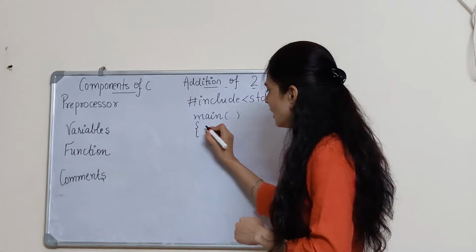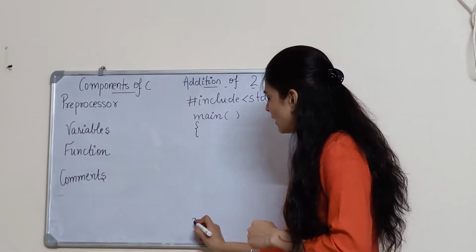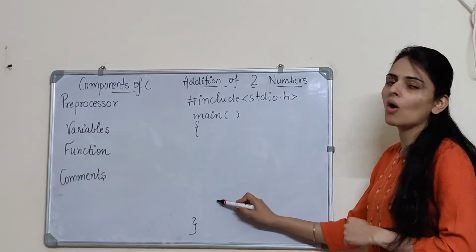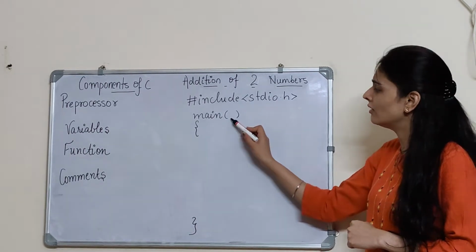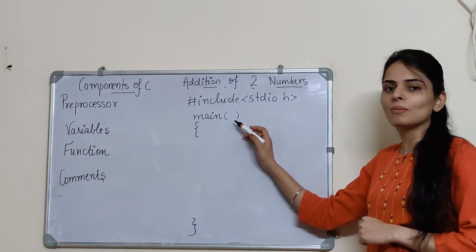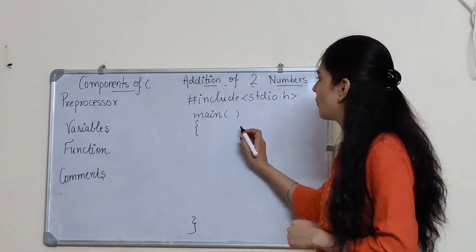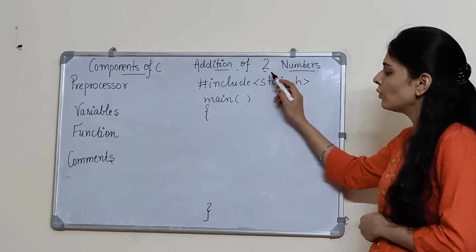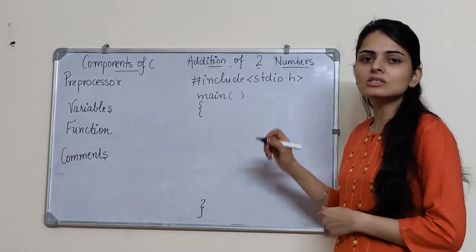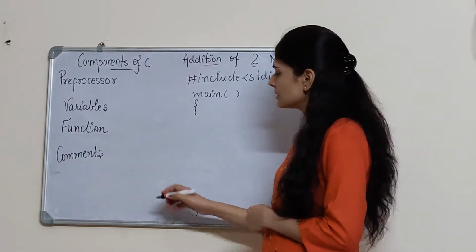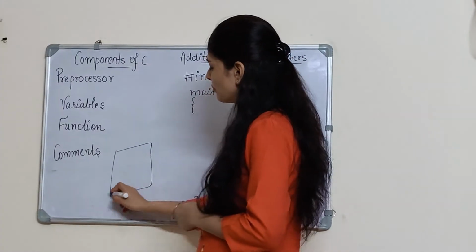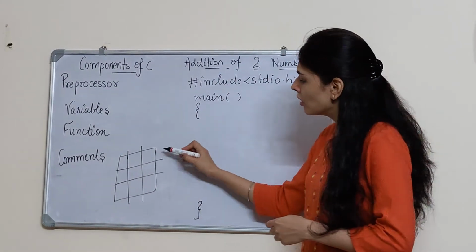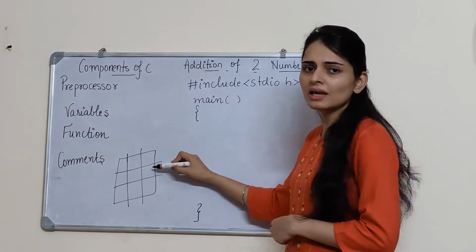After that, we include opening and closing curly brackets within which we write all the statements that are included within the function for performing the computation that we want to perform. Now, for addition of two numbers, we know that the computer first needs to memorize those two numbers. So we have seen that computer memory is divided into cells, and now for those two numbers to be memorized